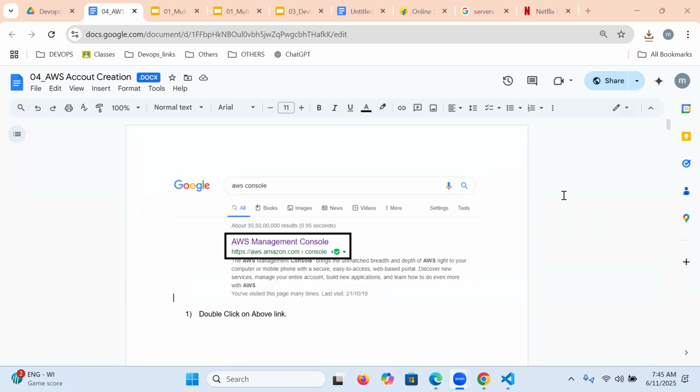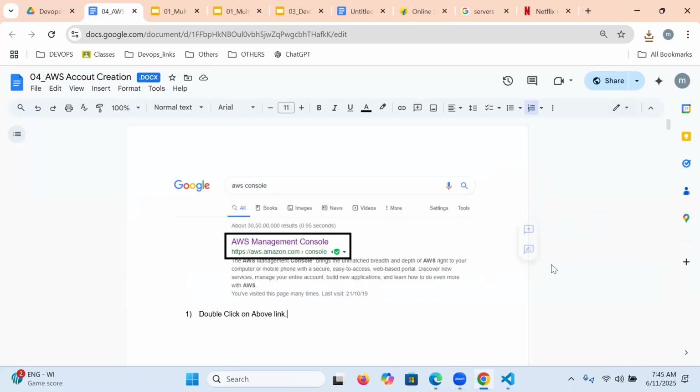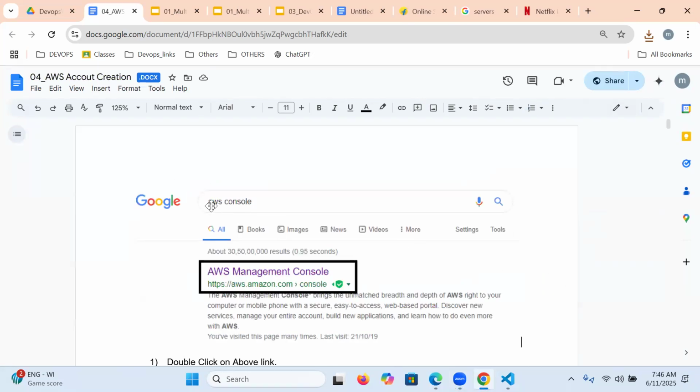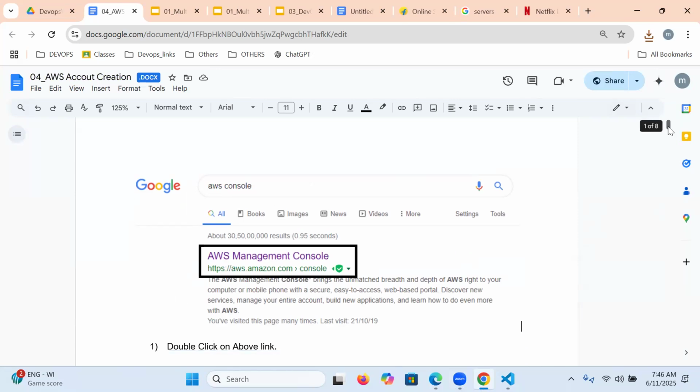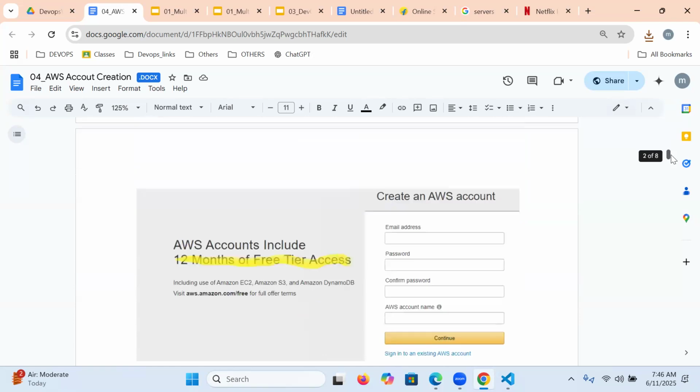So what is the first step, guys? Please Google it: AWS console. Click on create a new account, and you will land on this page.